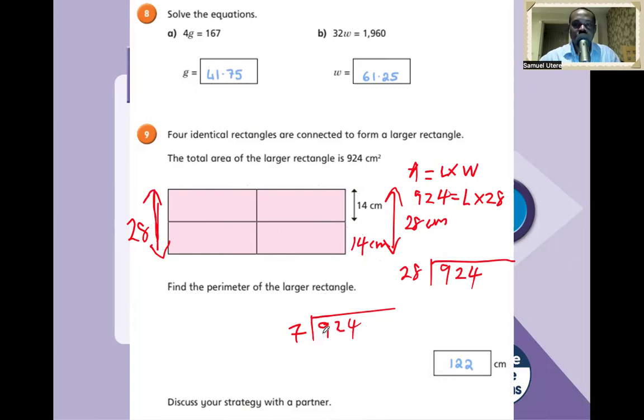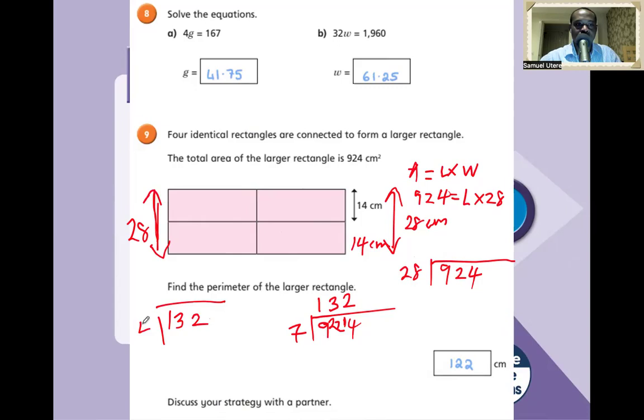So 9 divided by 7 is 1. Our remainder is 2. 22 divided by 7 is 3, because 3 times 7 is 21. So our remainder is 1. So 14 divided by 7 is 2. All right. Now we have 132. So we're going to do 132